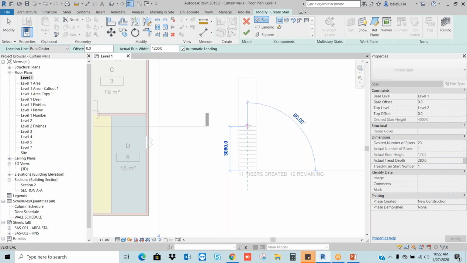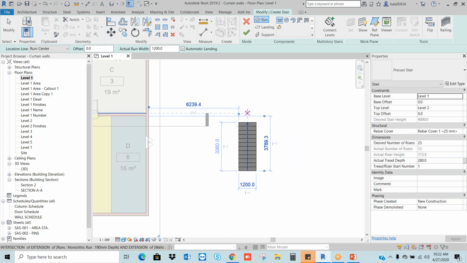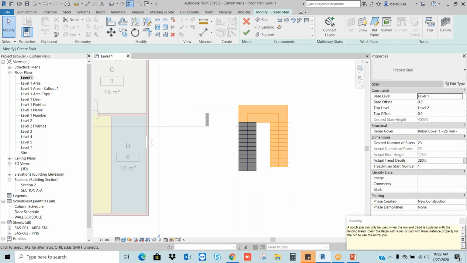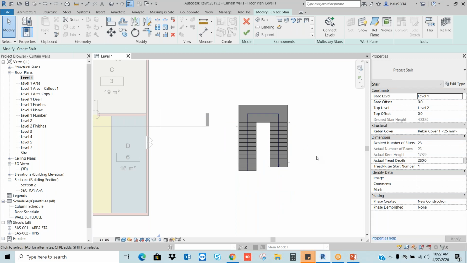Let's say 10 risers, 11 risers, 12 risers. Okay. Still remaining risers are the same. I want to stop here. Here I want to make the landing. So parallelly I come here and I will draw remaining stairs. So automatically I will get the landing and stairs. Now I am going to finish.